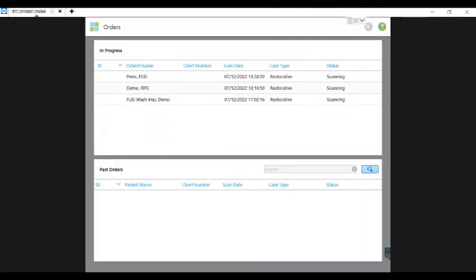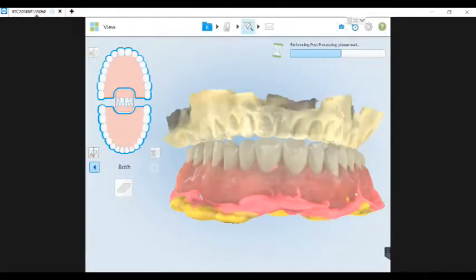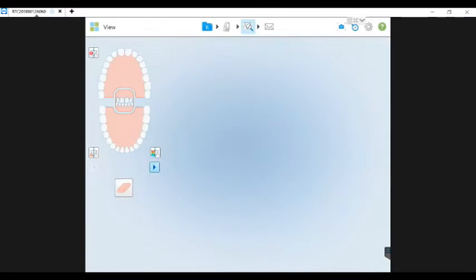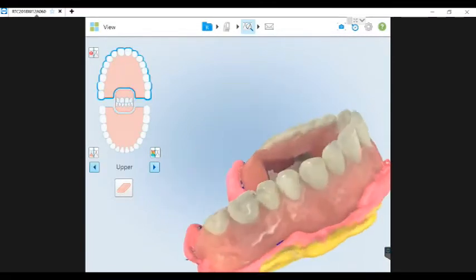All right, so I'm going to go to the orders that I have already set up. And the first one I'm going to jump to is the full upper denture that has a wash impression. In my little hourglass here, a moment to kick in. And it will go through the post-processing. Okay, so we have the upper scan,